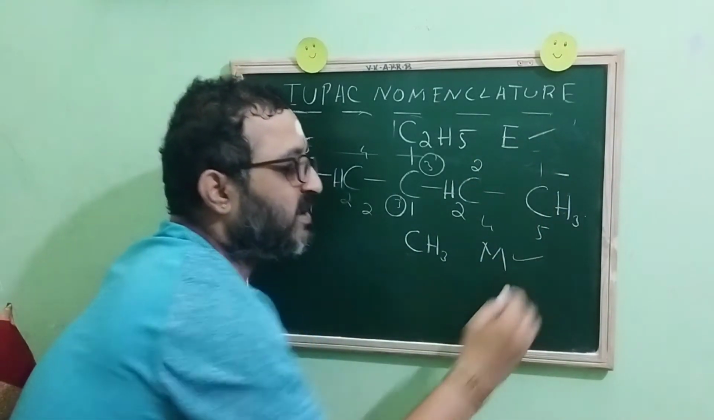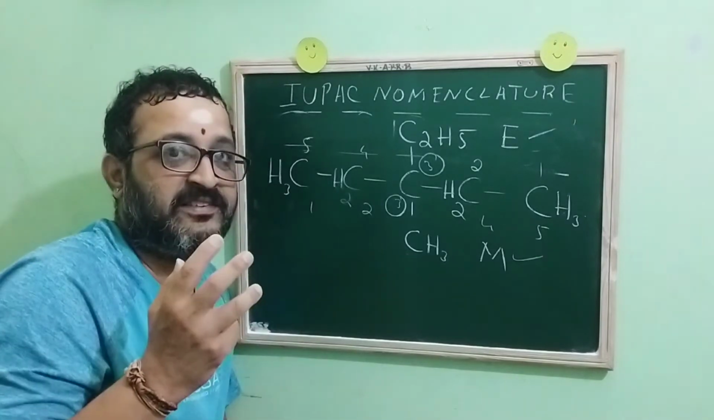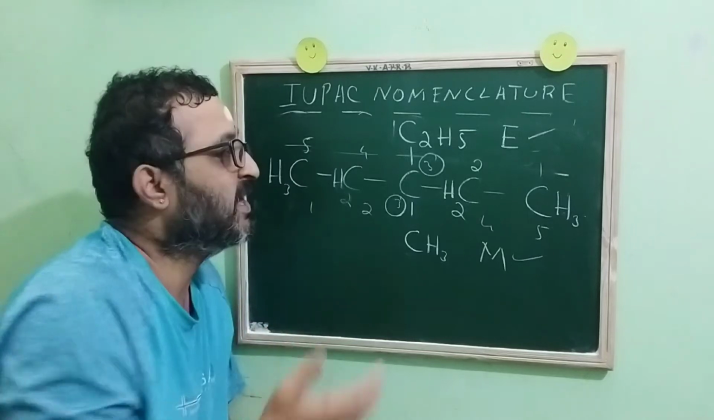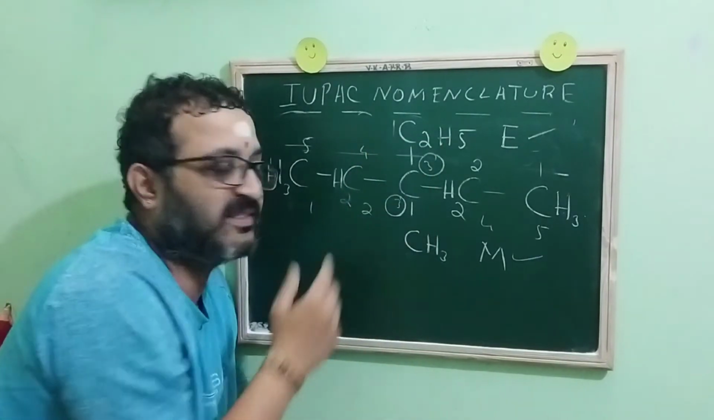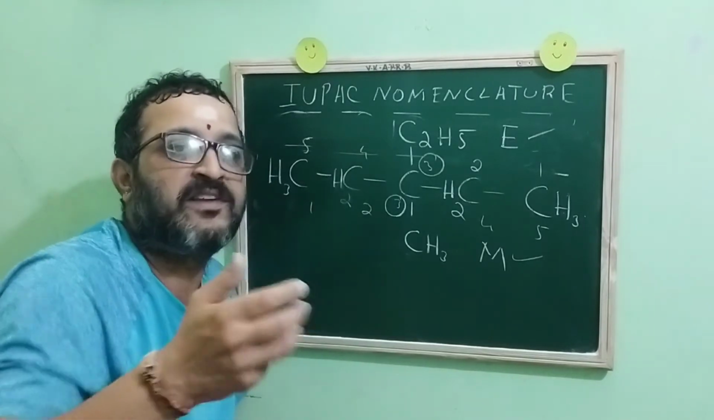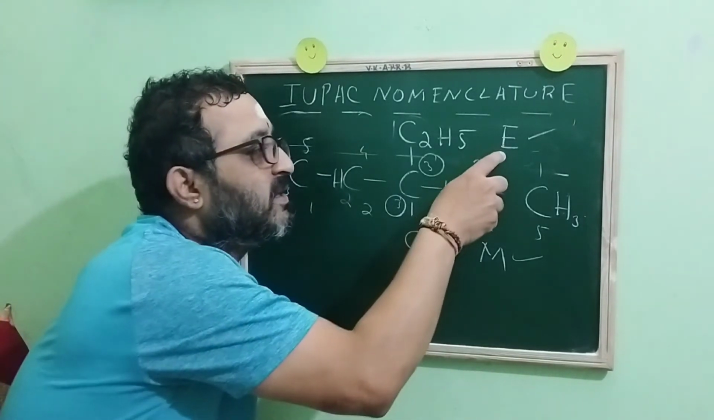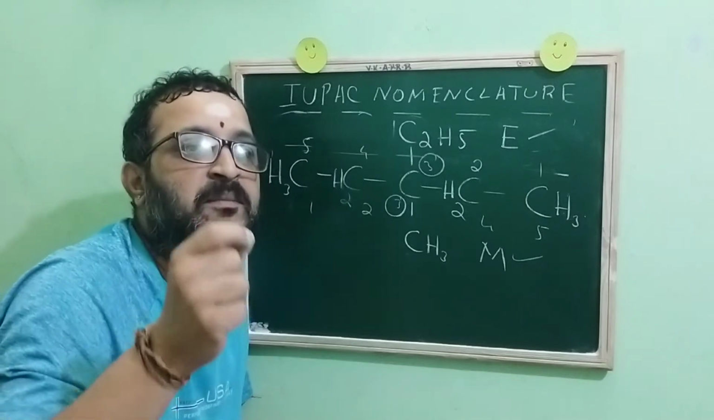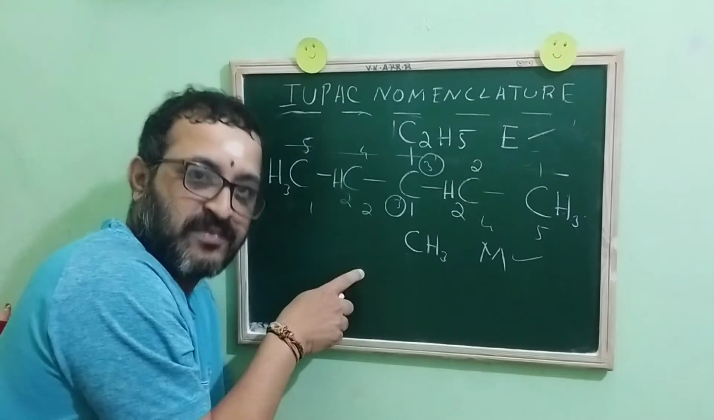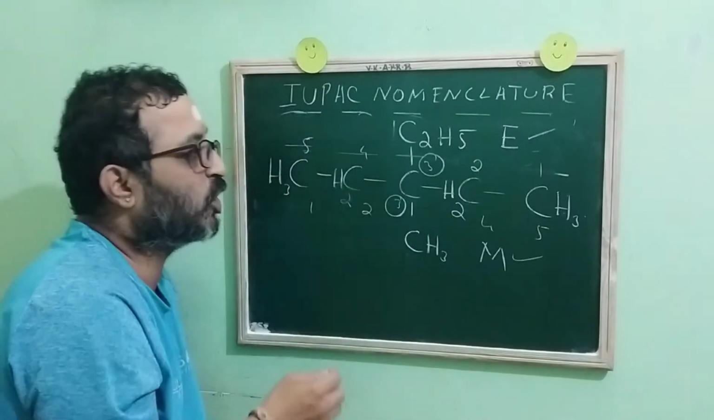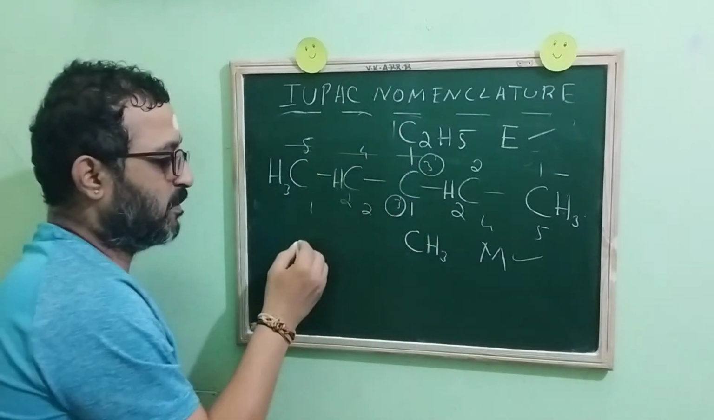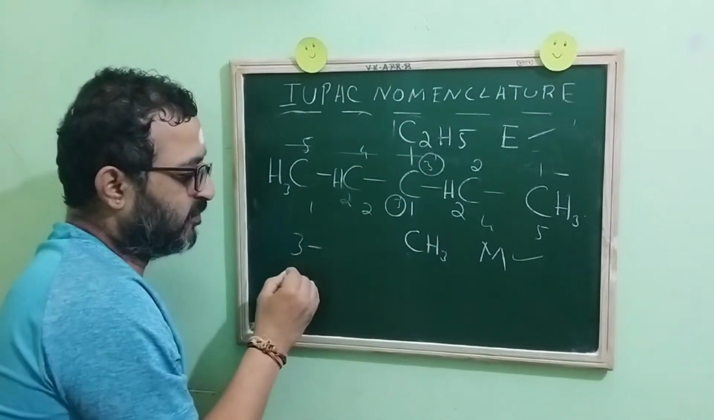And then what? The next rule is alphabetical order. That is, when we have substituent groups like this, the substituent group which comes first in the alphabetical order has to be named first. That is, the ethyl group should come first and then the methyl group. Now children, the ethyl group is attached to which carbon? Third carbon. So it is 3-